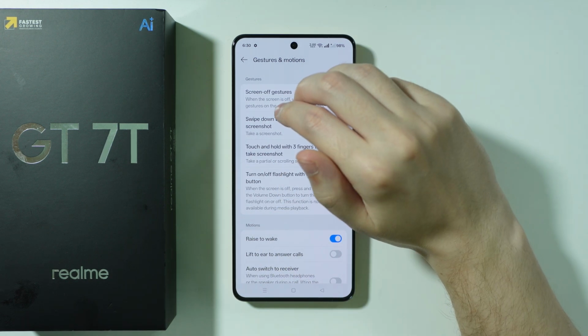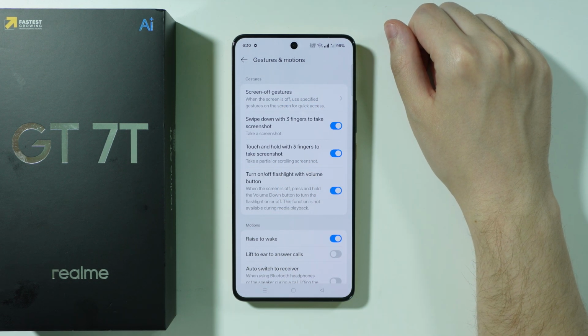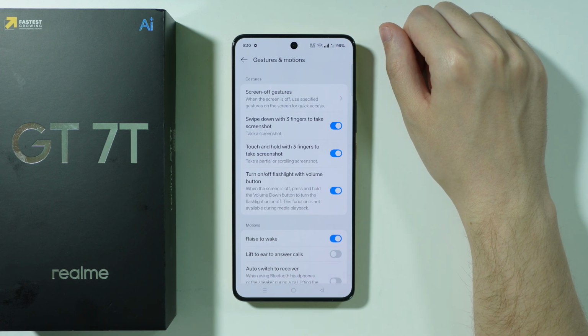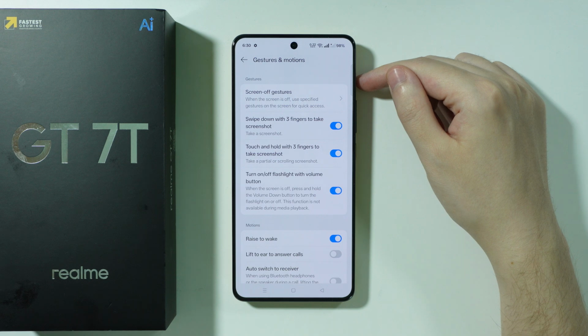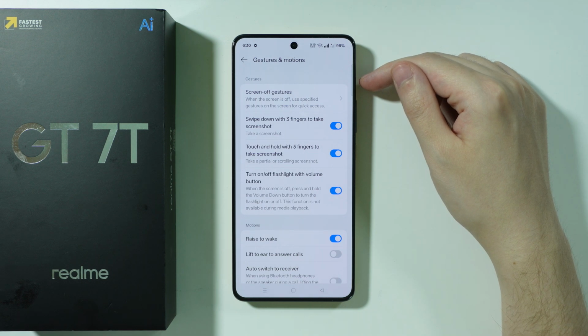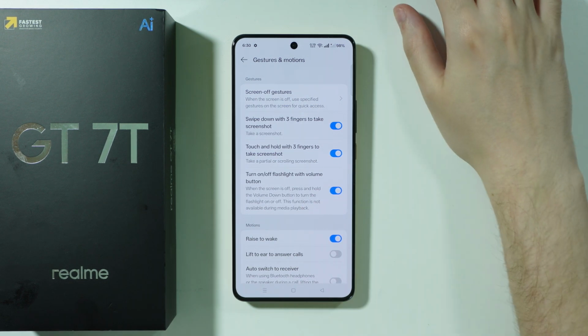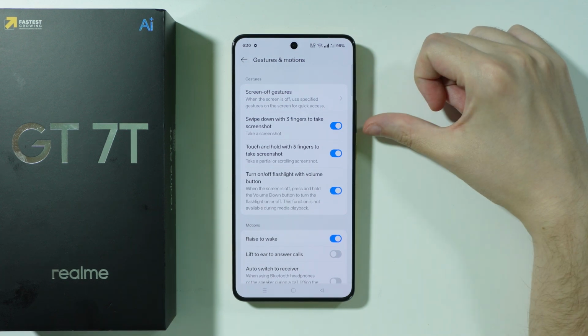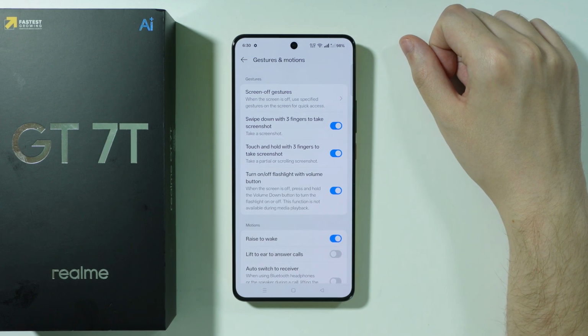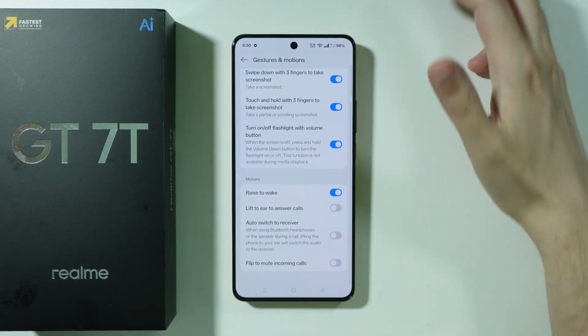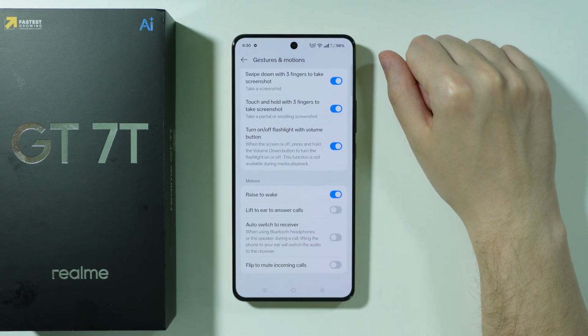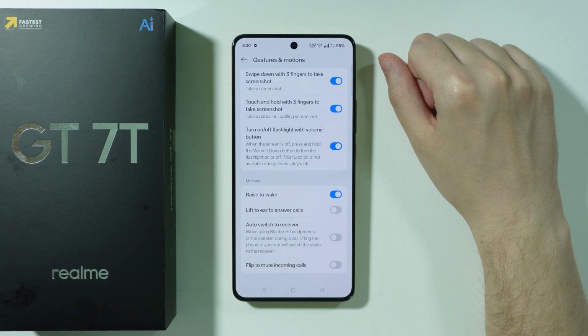You can also touch and hold with 3 fingers in order to take a partial screenshot or scrolling screenshot as well. When the screen is off, you have to press and hold volume down, my bad, so that we can toggle the flashlight. Over here we also have motions like raise to wake, lift to ear to answer calls,